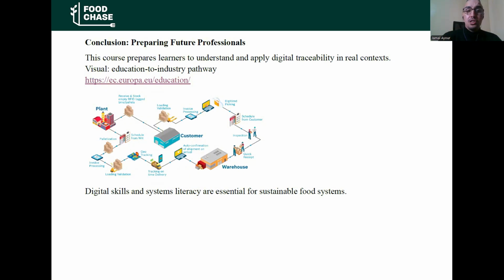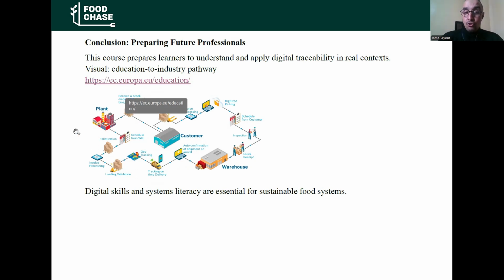In conclusion, this course prepares learners to understand and apply digital traceability in real contexts. Visual education tools are available in this link with more information, details, and references, and also in the course manuscript, with more details regarding the supply chain.